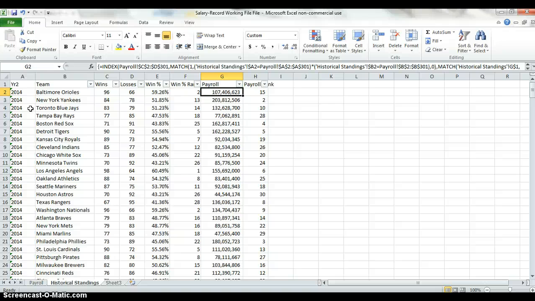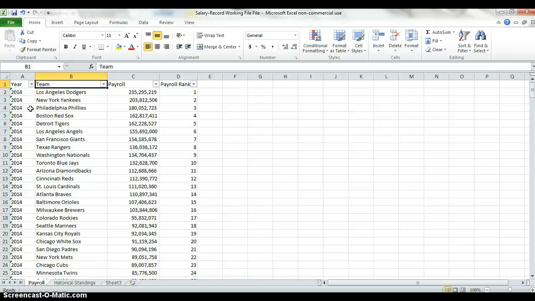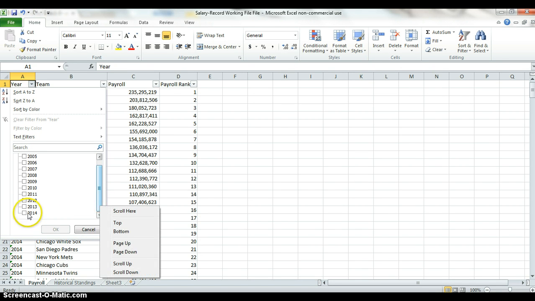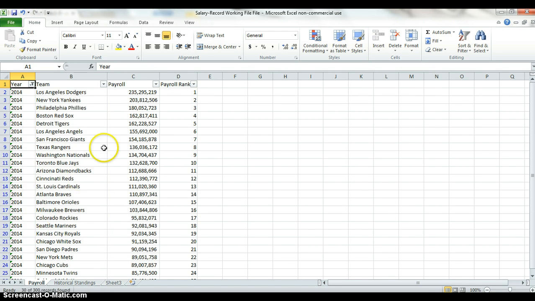And just so we know, we can check our work, let's just look for Baltimore Orioles in 2014. First, let's filter on 2014. And if we look for